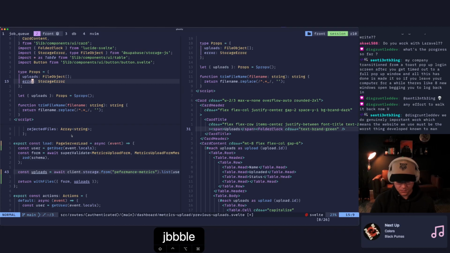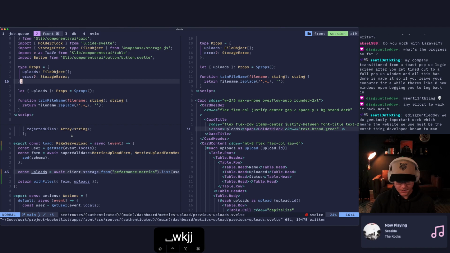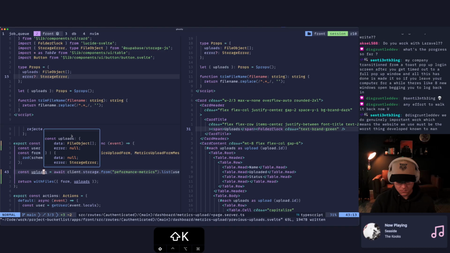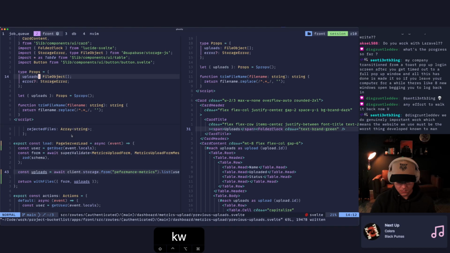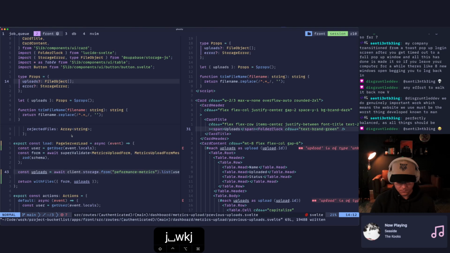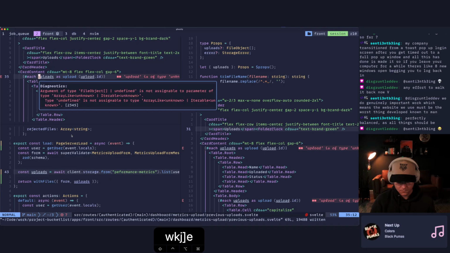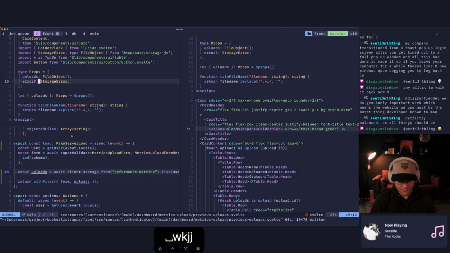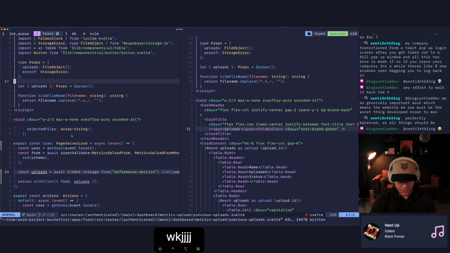That's optional. And I guess that can be null. Do something like that. Let's actually just make it an empty array by default. So in our server,